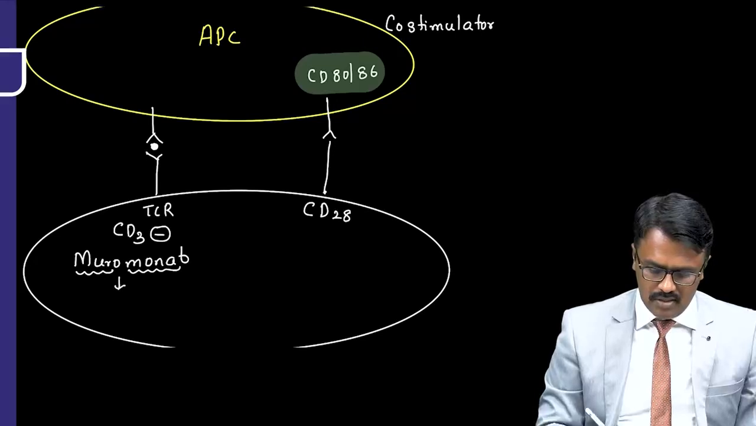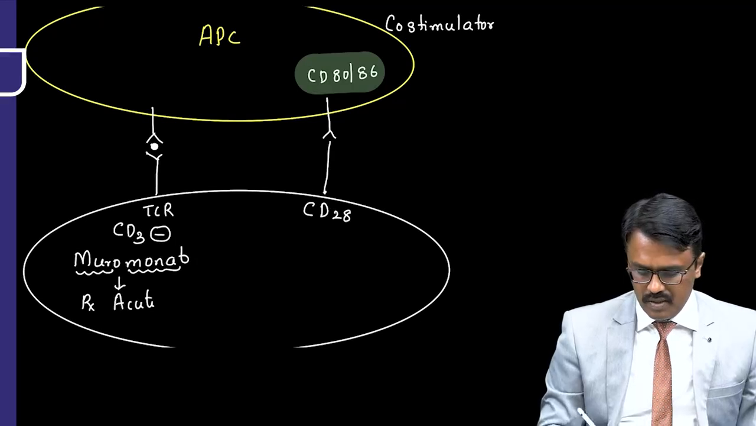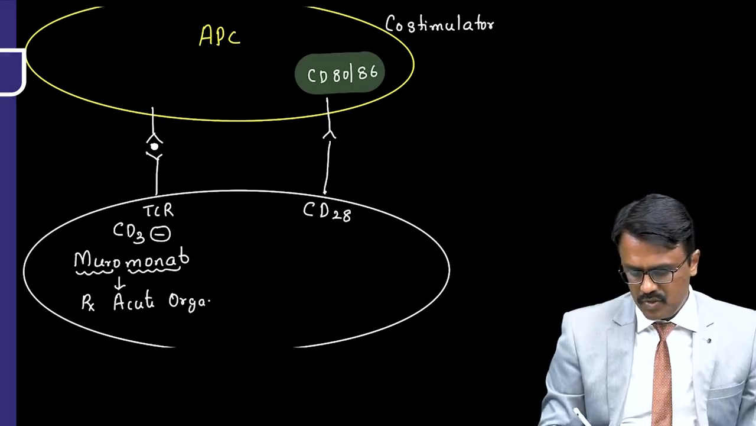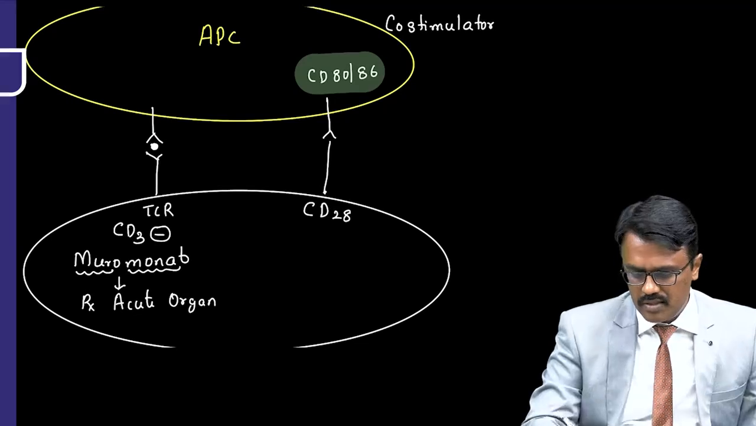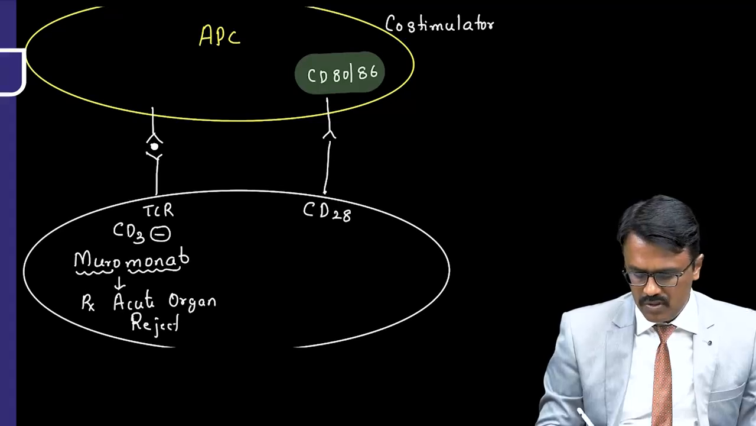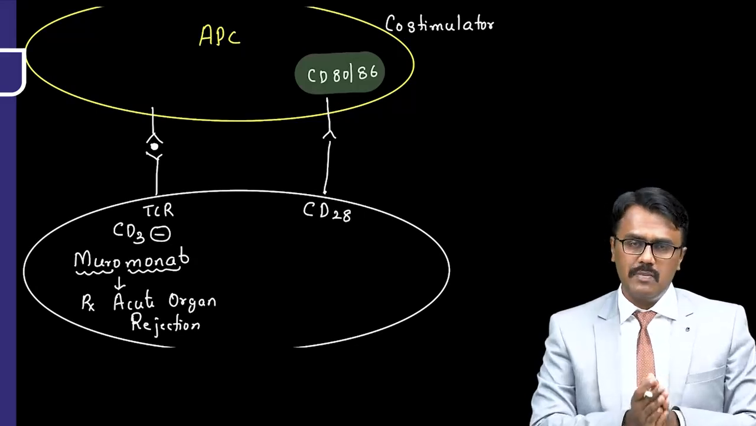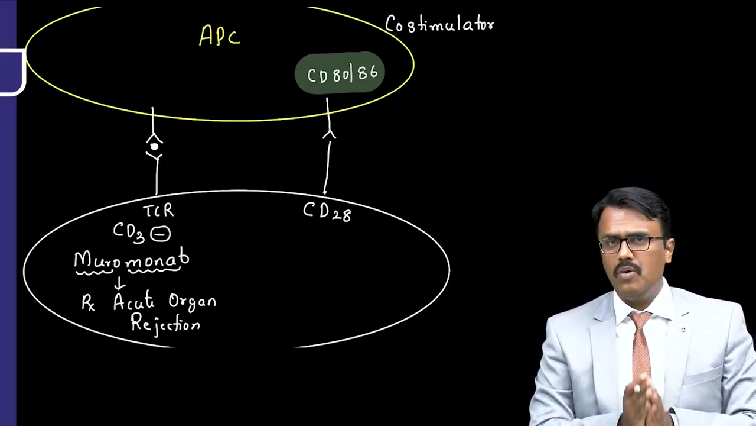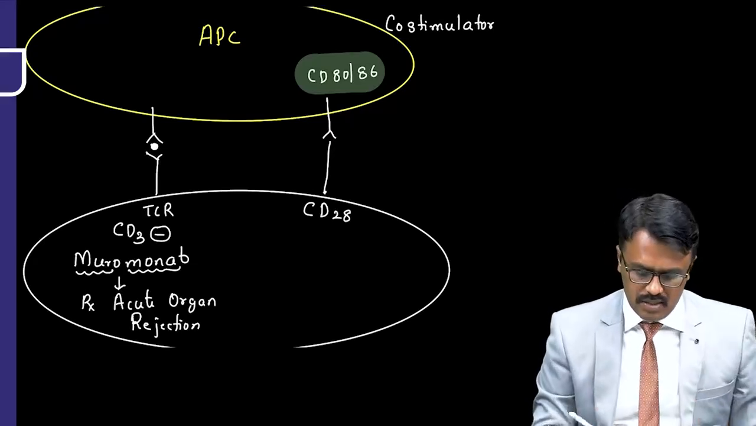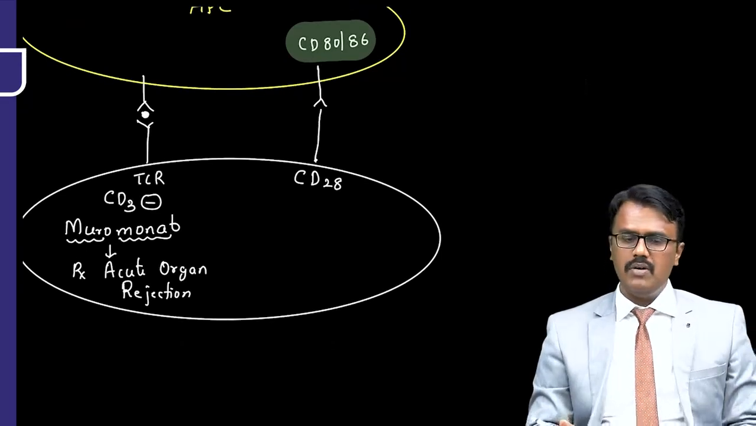Now where do I use it? It is used in acute organ rejection. Whenever there is acute organ rejection, we use this Muromonab. Most of your questions will focus on the mechanism of action of Muromonab. It's a monoclonal antibody derived from murine. Now coming to the other target,